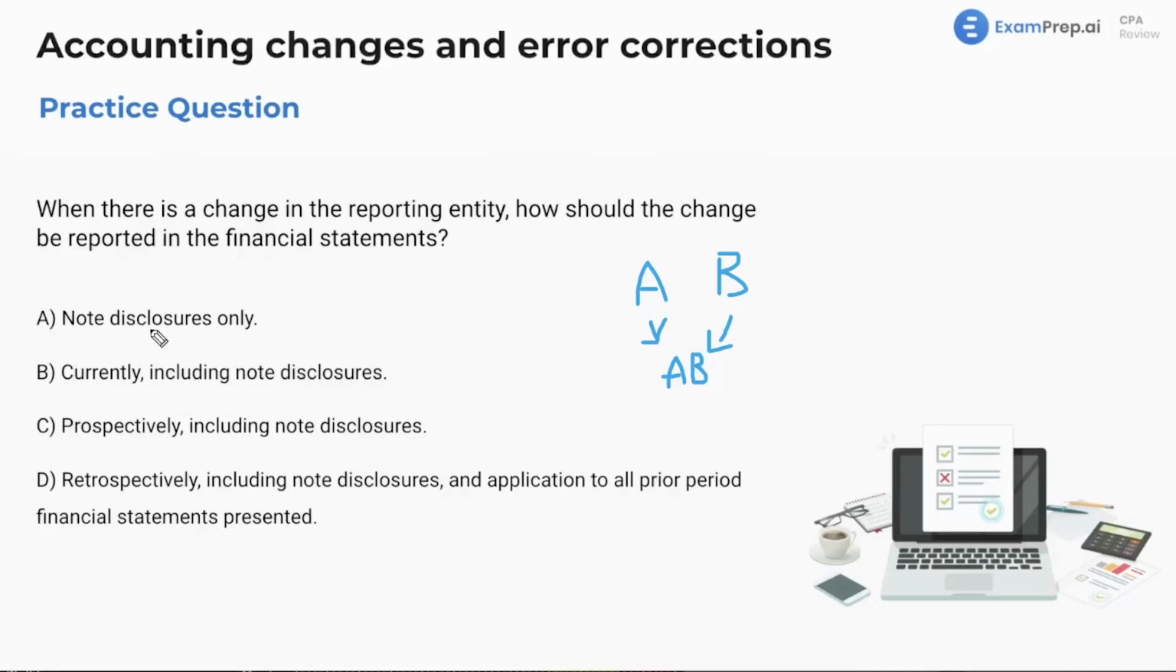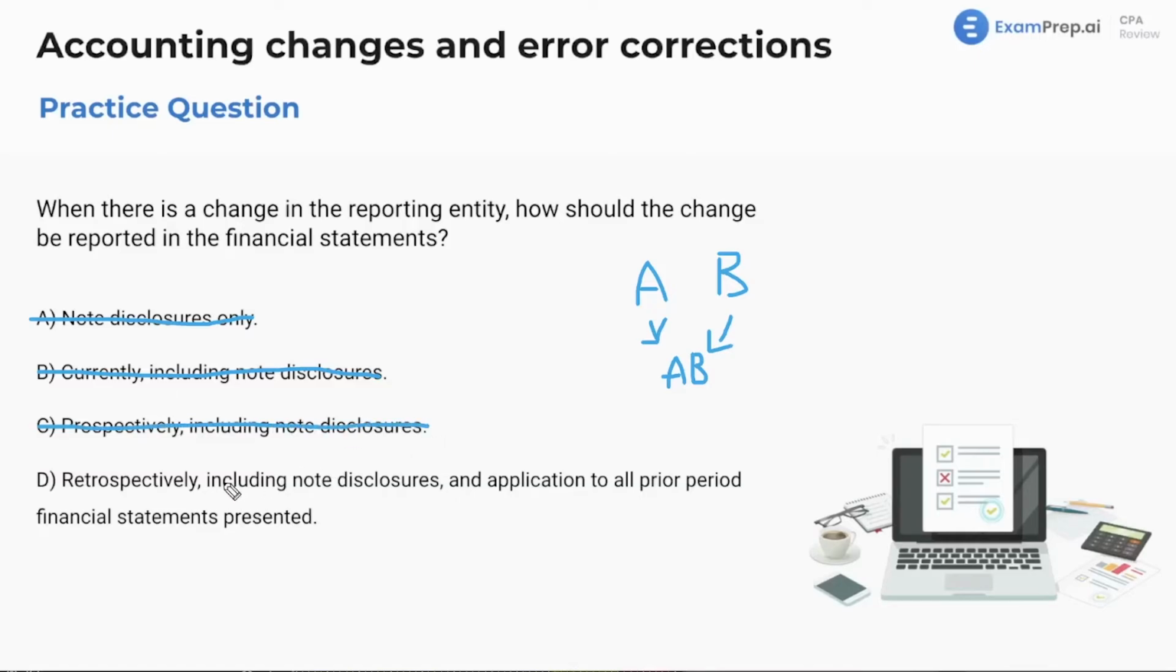All right, so are we going to simply just disclose it? I'm going to say no. I mean, that's pretty significant. We're not going to simply disclose it. All right, so do you report? So reporting means actually doing something with the numbers. So, all right, these are more possible answers. Currently, so do you report it currently? Well, not currently. We need to do even more than that. We need to do a lot here, essentially. Do we do it prospectively, meaning going forward? We will, going forward. However, the real kicker here is that not only do we have to do it currently